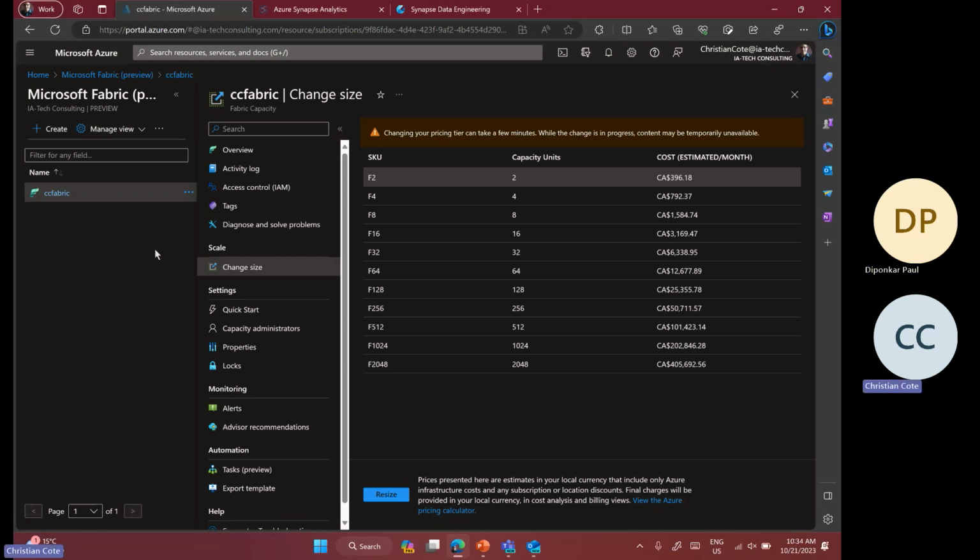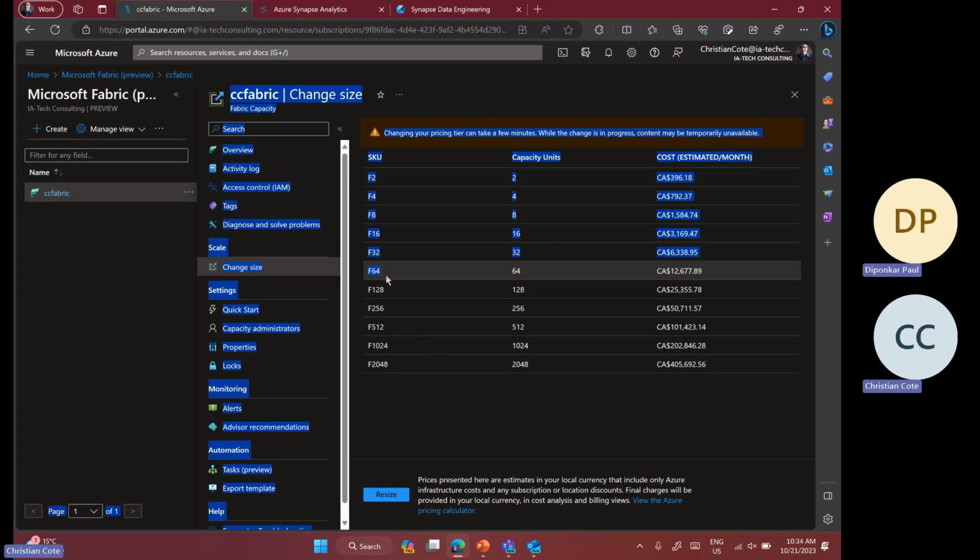Here, so this is it. In production, which of your clients, what kind of tier do they use? Like reserve instance, first thing first. In production, most of the time they are going to use reserve, and it will be F64, which is P1 of Power BI Premium. It's mandatory if you have Power BI Premium, the reserve instance, even for capacity of F64 for Fabric.